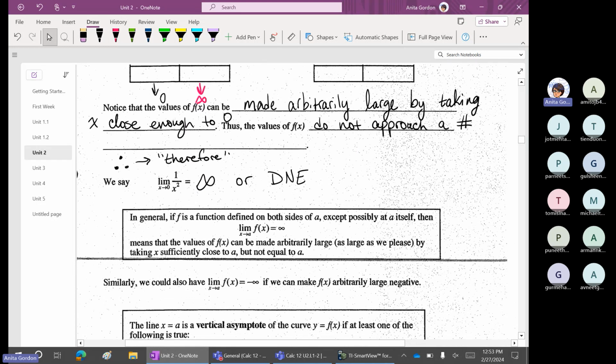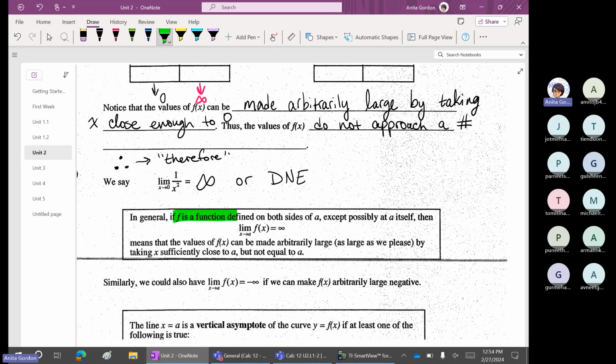All right. So if you have a limit that is going off into infinity, we say that it goes off to infinity or it doesn't exist. Either is acceptable. Yep. So either is fine. Either way you say it is fine. Okay. So in general,